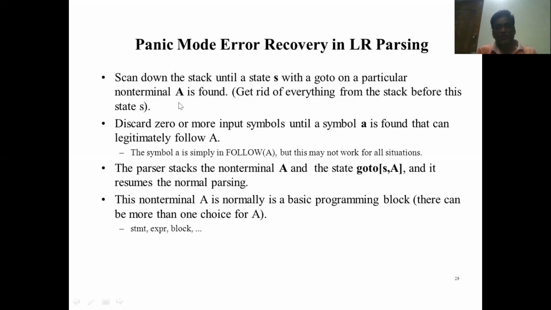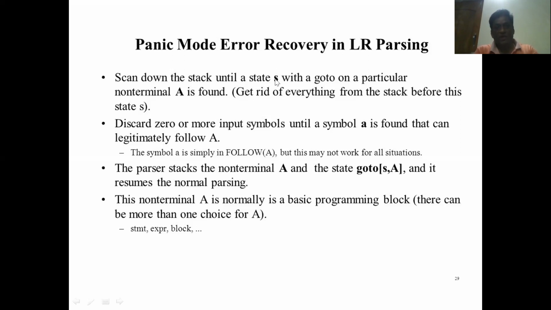When you have multiple options, sometimes there may be a dilemma about which of them to select. So you need to try with all the variables. Sometimes it may not work for all situations if you select a particular variable among all the go-to actions. So it is up to the parser designer to define how to select the corresponding variable. But generally, all the options will be tested, and if everything goes in this order, that means you found something